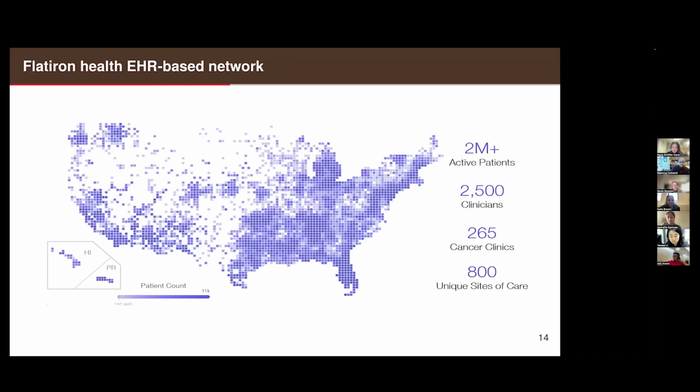So the real study that this was motivated from is using data from the Flatiron Health Oncology EHR database. This is a national database including a very large number of cancer patients and cancer clinics. The majority are community cancer clinics, not academic practices. So the data that we get really looks like what real-world cancer care looks like and what real-world outcomes look